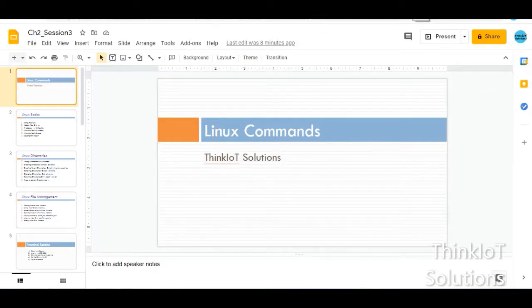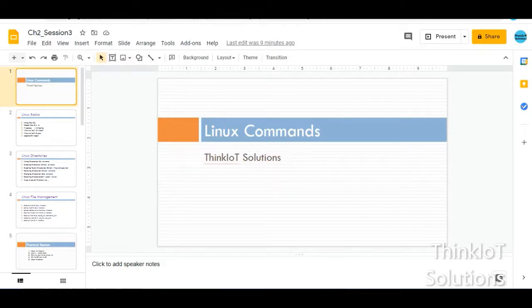So in the previous session, we saw how to configure the Amazon AWS instance, and we showed the process of how to select the operating system and how to select the memory that is available in the free tier. And I hope you all have completed the Amazon EC2 instance, and you are able to log in to